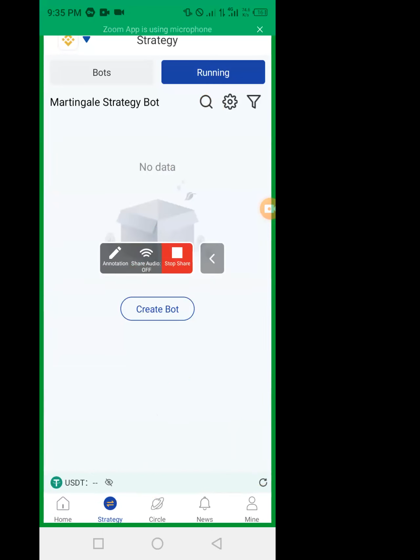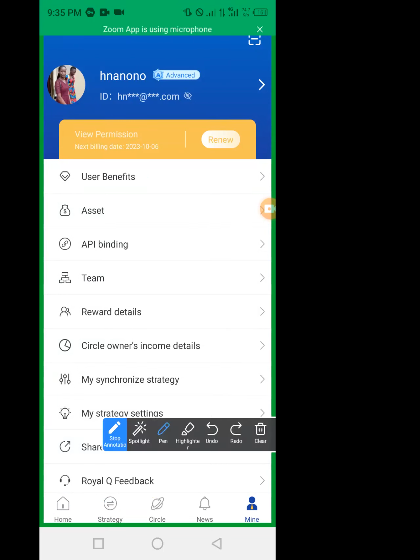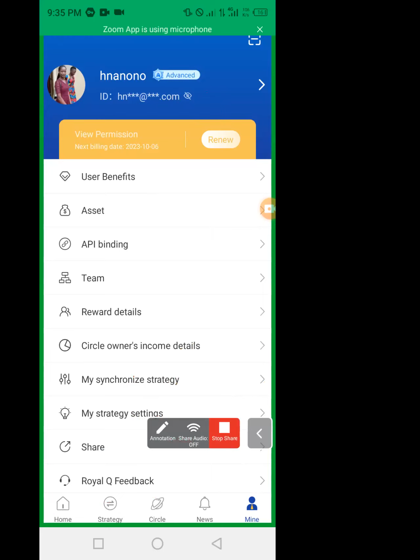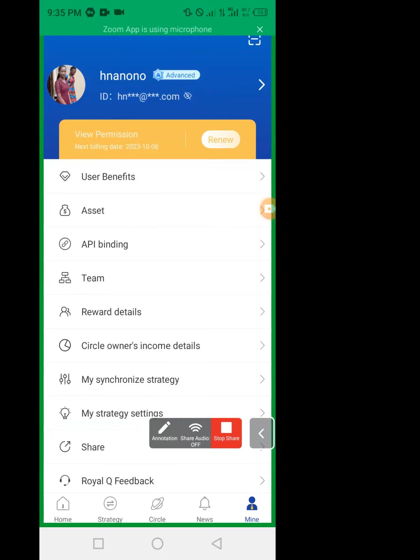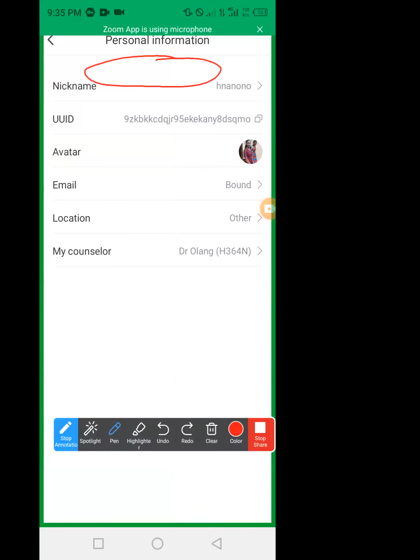Mainly, we are going to look at mine. When we look at mine, we are going to look at these things here. We are going to look at these things in the news. Let us first look at this one. Always, you who joined the business, always click there and change the pin, always click there and then you change your nickname. You can change your nickname.